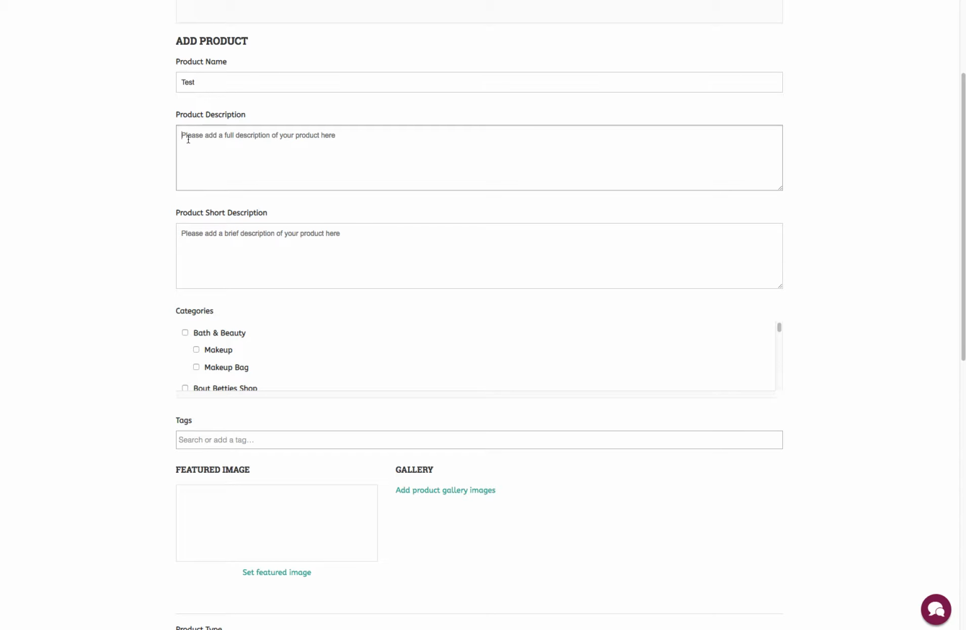If you have a really long product description, it'd be best to enter that in the full description because there's a little bit more space. But if it's just a short little description, we tend to do the short option because it's right next to the image and it's easy for customers to see. But that's obviously totally up to you. Once you've entered in the short description,